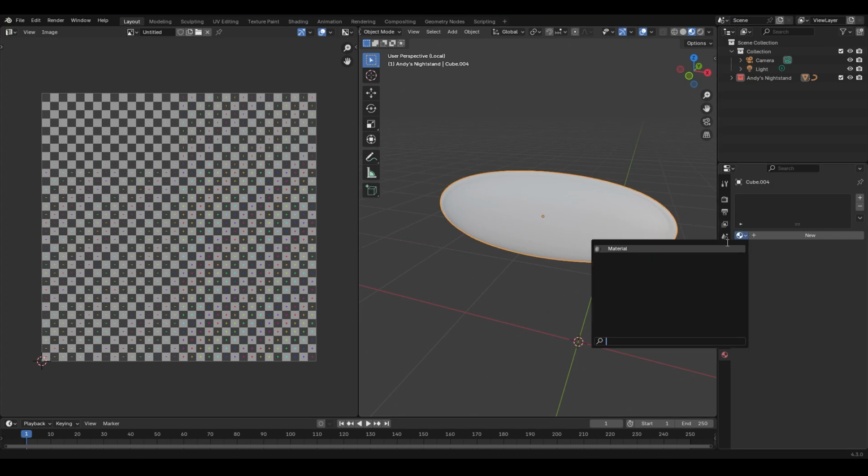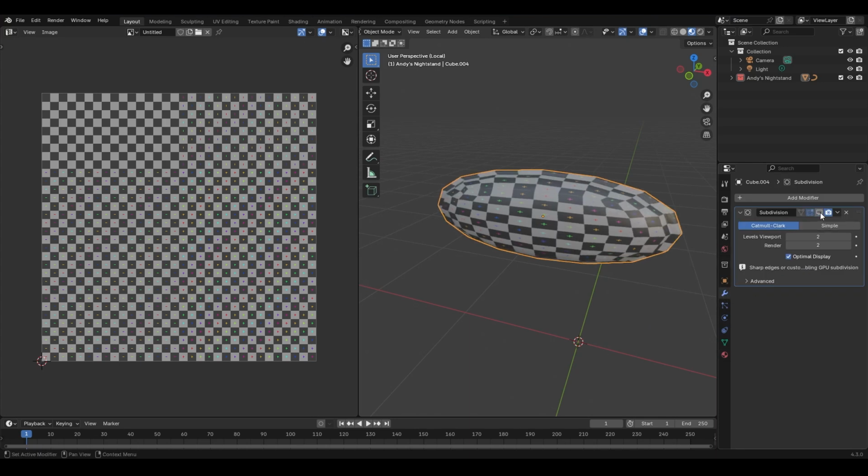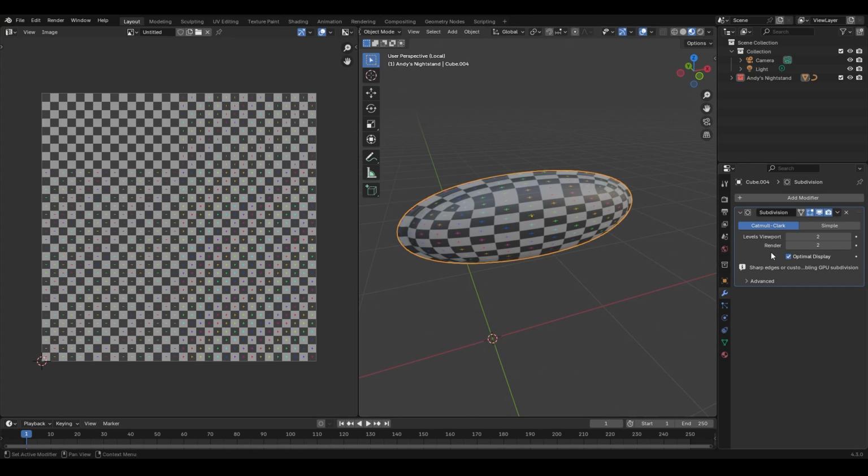First, I assigned the UV grid material to this object. Since we used a subdivision surface modifier, the shape of the object had changed significantly. To avoid texture distortion due to this change, I needed to apply the modifier while keeping the final shape intact. Here's what I did. I reduced the subdivision level to 1, moved the cursor over the modifier, and applied it using Ctrl A. Then, I added another subdivision surface modifier with a level of 1 to keep the mesh slightly smooth. As you can see, this ensures the subdivision doesn't alter the original mesh too much, preventing any texture stretching